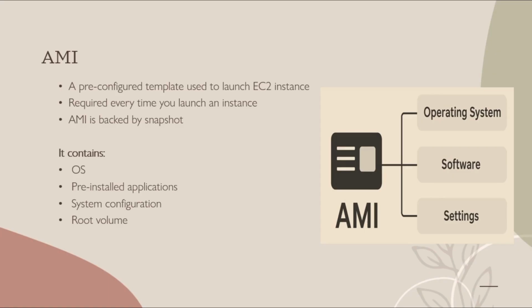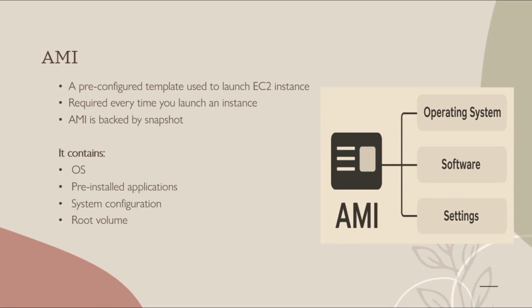server. And whenever we want to launch an EC2 instance, we must choose an AMI, and the chosen AMI will tell what type of system we are going to create. And the AMI is backed by the snapshot, which means whenever we create an AMI, the snapshot will be automatically created. So the AMI is the pre-configured template, which means it contains the operating system like the Amazon Linux,